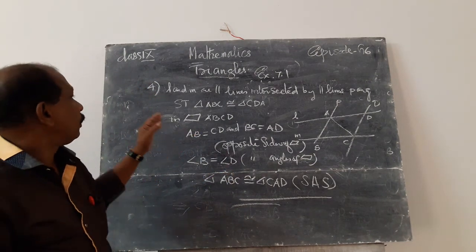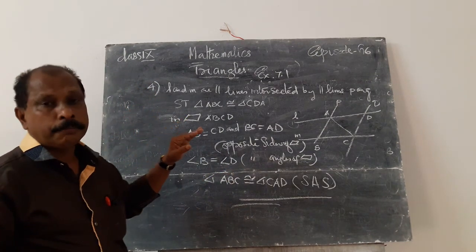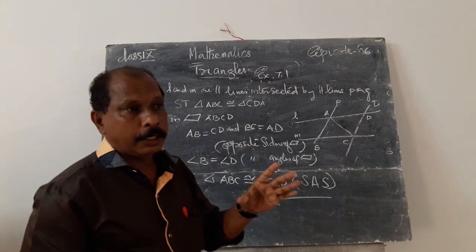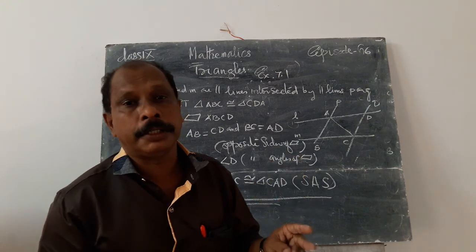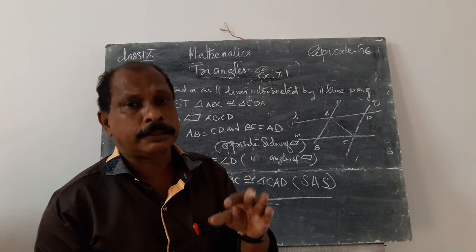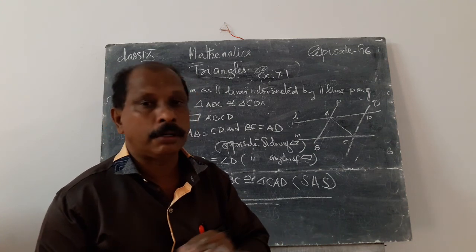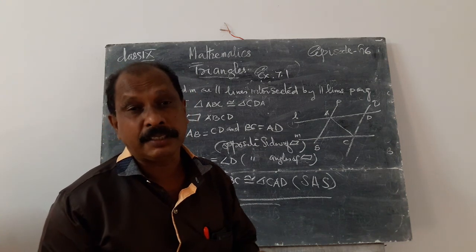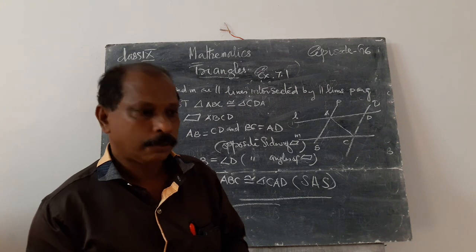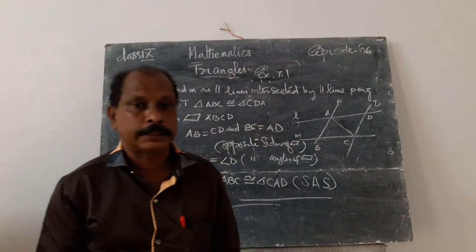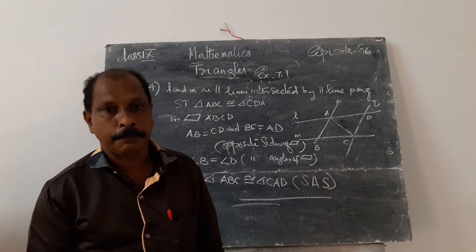That means we considered 4 problems of exercise 7.1. All the main theorems are very important, and 7.2 and 7.3 are the theorems with proof. Other theorems are only stated with illustration, not proof. Okay, the continuation of this exercise will be in the next episode.